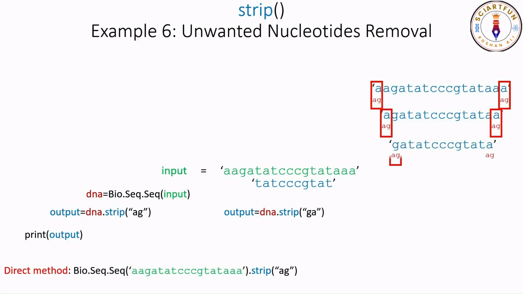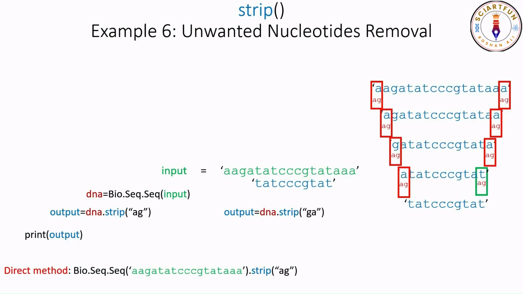In the third cycle, it will repeat the same process. This time, it finds G at left end and A at right end. So both of them will be removed. You will get a further shorter sequence. In the fourth cycle, again, it repeats the same thing. This time, it finds A at the right end, but there is T at the left end. So it will strip only the A on the right side, the cycle will stop, while on the left side,